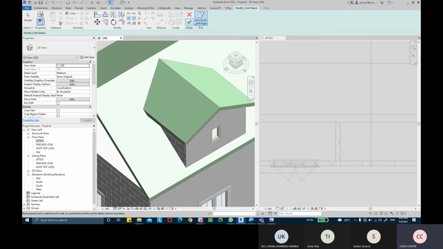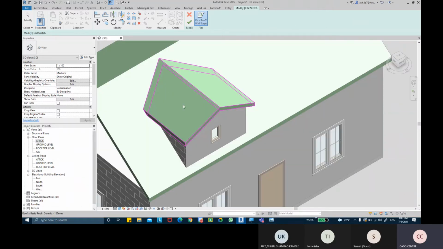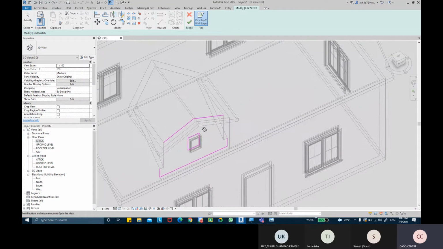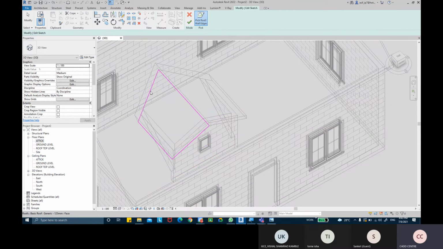Now in the sketch mode, what do you need to pick? You need to pick these roof edges. First, I'm going to pick this outer edge of the roof, or you can switch this to wireframe mode as well. Let me close this window. So I'm going to switch this to wireframe mode. Now I need to pick this internal line. You can see this internal line and this internal line. I'm going to take the pick command, pick this internal line of face, this internal edge of the wall,